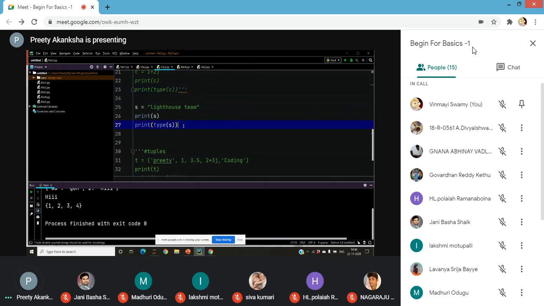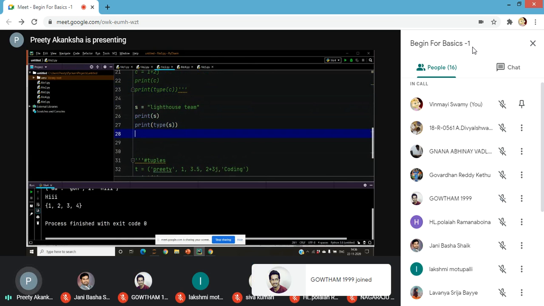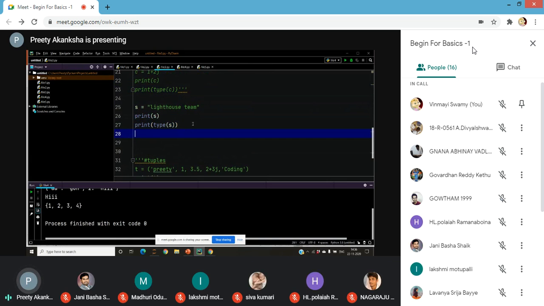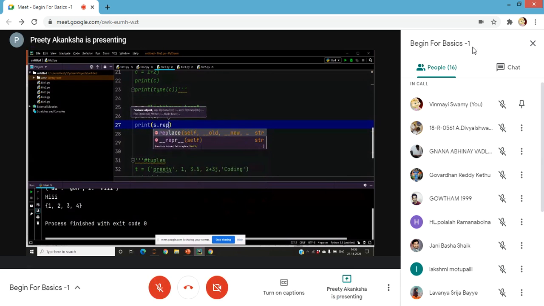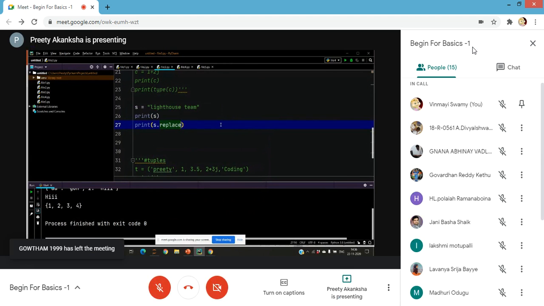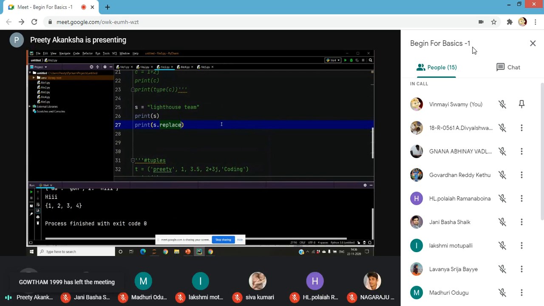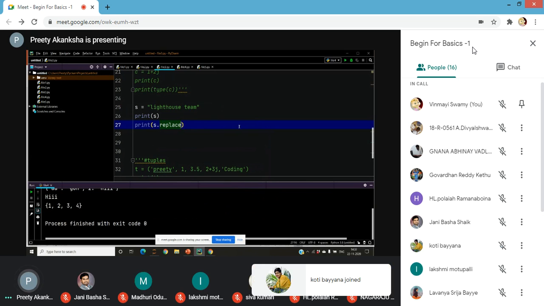In case of list, I'll give you certain operations we can just do on strings. For example, we want to say print s dot replace. I'm just trying to explain what is the difference between mutable and immutable. If you don't understand, please unmute and please speak. Okay. S dot replace